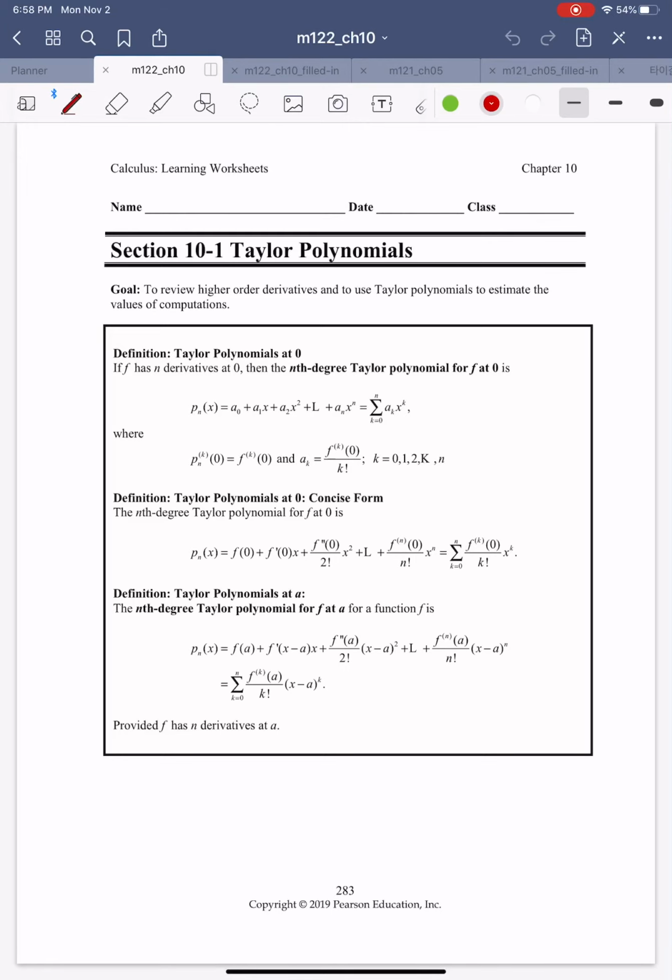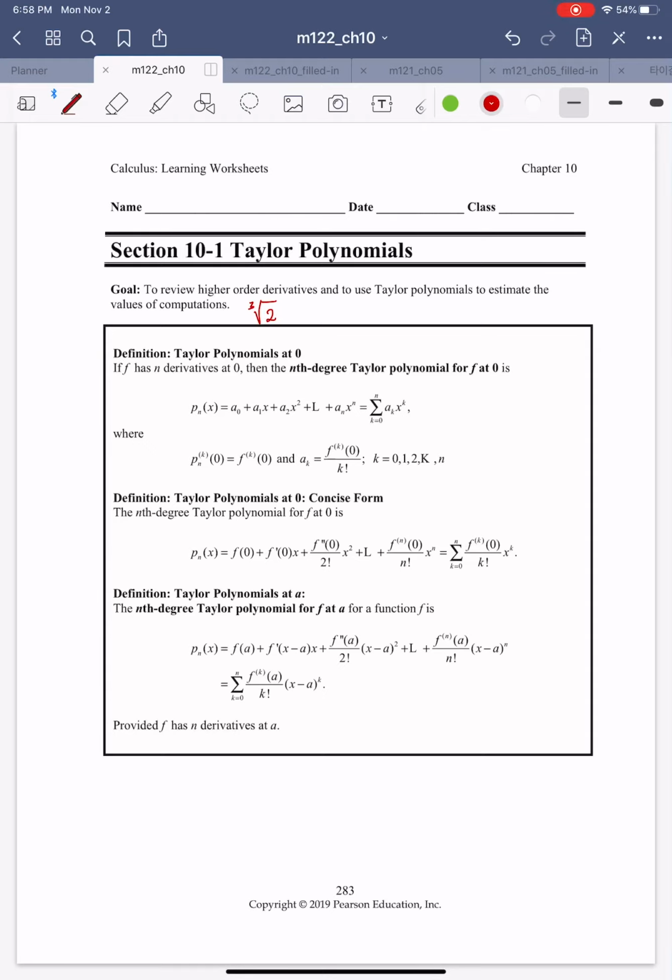In this video, we are going to go over section 10.1 and 10.2. The goal of section 10.1, Taylor polynomial, is to review higher order derivatives and use the Taylor polynomial to estimate the value of a computation. So for example, if we had a function value, let's say cube root of 2,